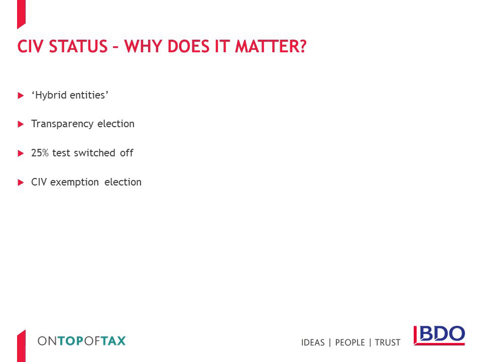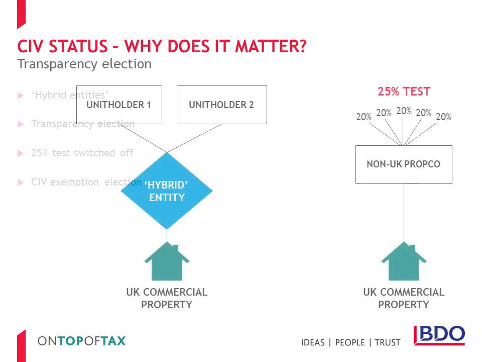However, with the introduction of the new capital gains rules, concerns were raised that the extension of UK capital gains taxation to non-residents meant that additional layers of tax were going to be created within property unit trust structures. As a result, HMRC have introduced a regime which enables hybrid entities, such as property unit trusts, to be elected to be treated as partnerships for UK tax purposes. The practical impact of this election is that additional layers of tax are eliminated for elected hybrid entities, meaning that their investors pay tax on income and gains arising to them as if they're arising to them directly.